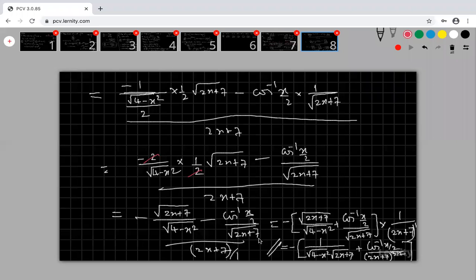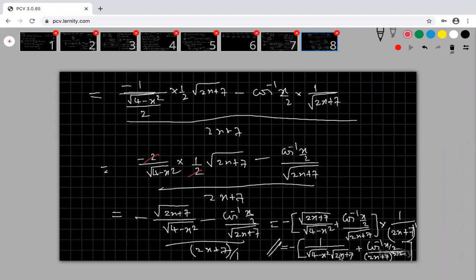You can stop up to this also. If you want to simplify further, take minus, look at that, in the numerator minus is common, take it outside. And this 2x plus 7 divided by 1 can be written as 1 into, bring it to the numerator, it will become multiplication of 1 by 2x plus 7. Here the 1 by 2x plus 7 the whole power 1 in the denominator, 2x plus 7 the power half in the numerator. So therefore, after cancelling that, I will get the denominator is 2x plus 7 the power half.